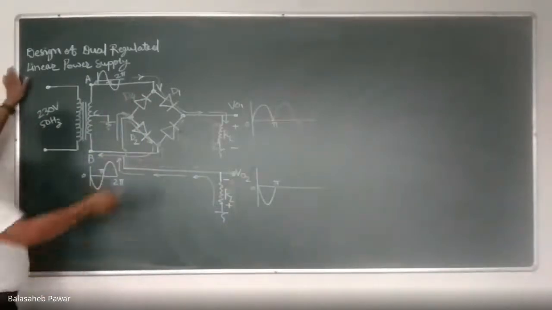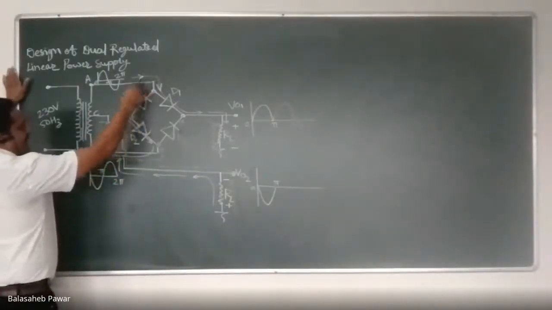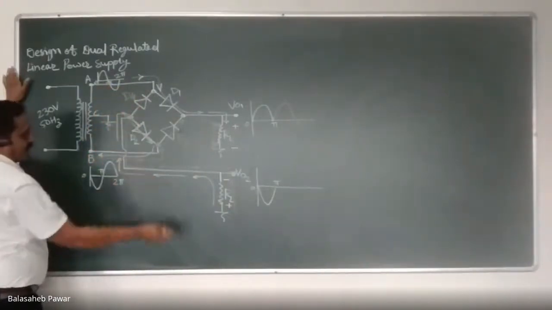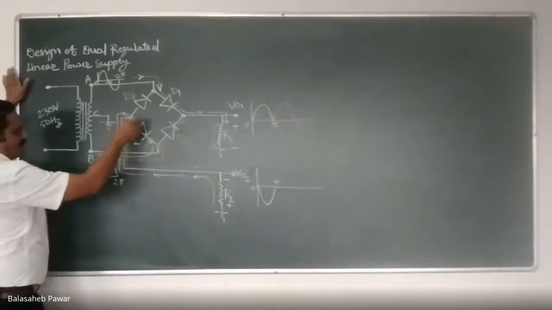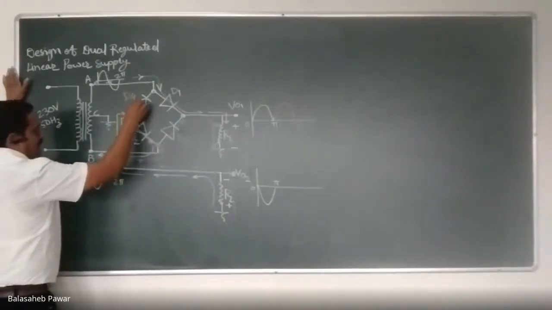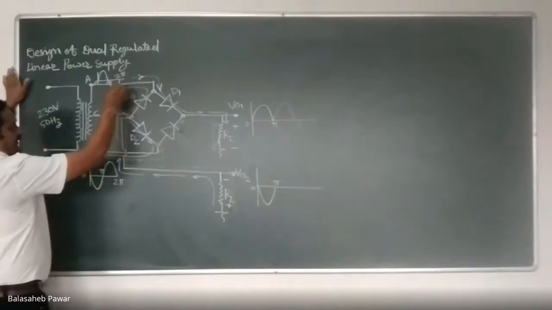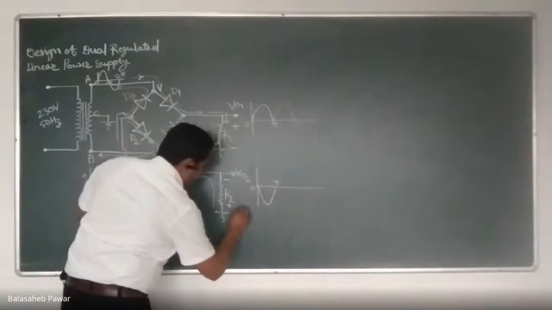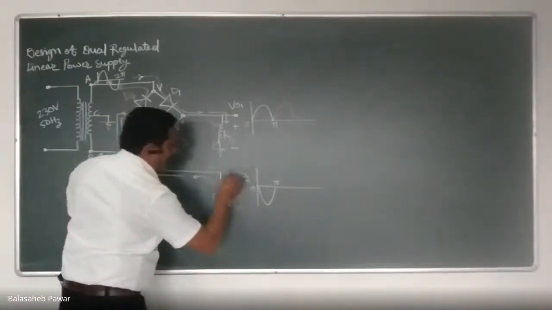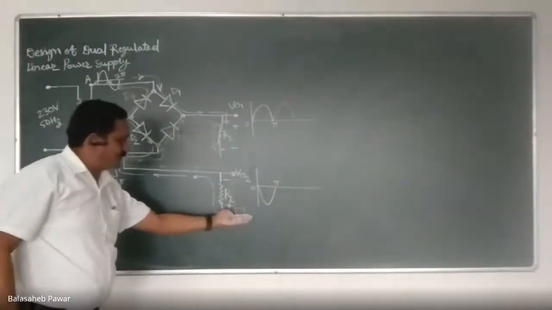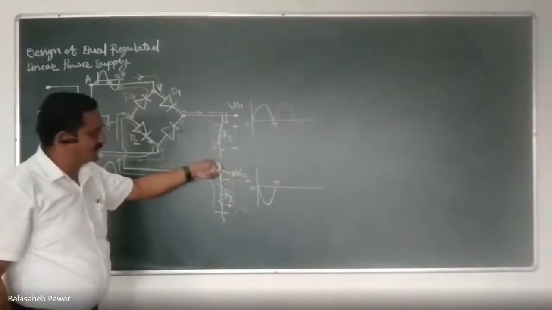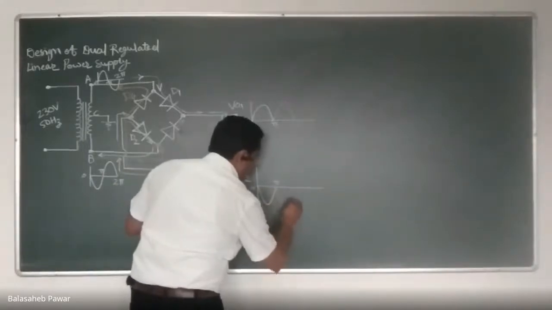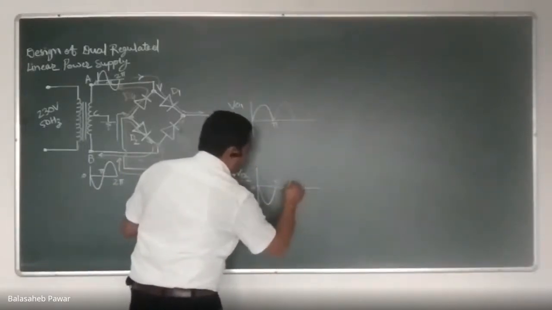Okay. Now see, diode D4, its cathode terminal is at negative potential for time period pi to 2 pi. But its anode terminal, coming from the center tap, is at positive potential, and that's why the current will flow like this, and that path will get completed. Again, the drop across this RL will have the same polarity. That is, ground will be at positive potential with respect to the VO2 terminal, and hence whatever output we obtain will be negative. Or we can draw it like this.